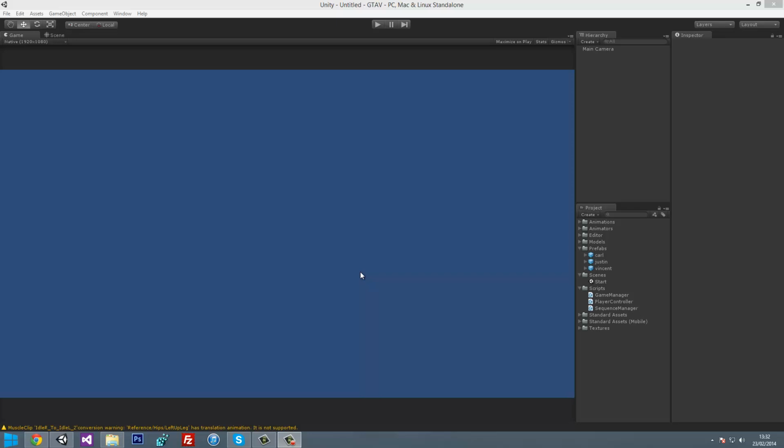Hello everyone, welcome to part 4 on how to make a GTA 5 style game in Unity3d. Today we're going to be working on very basic AI. When I say basic, I mean literally just look around and walk forward. Later on we'll get onto things like pathfinding and that sort of thing, but for now,